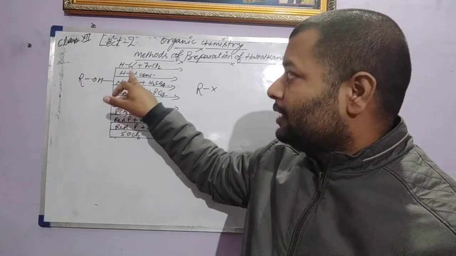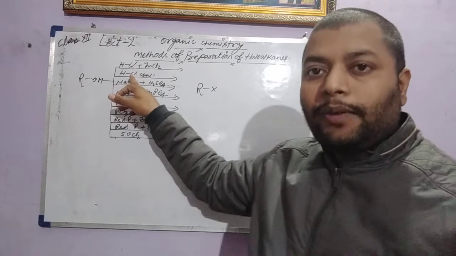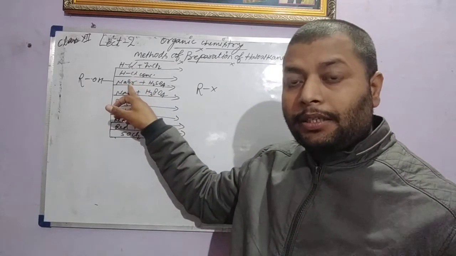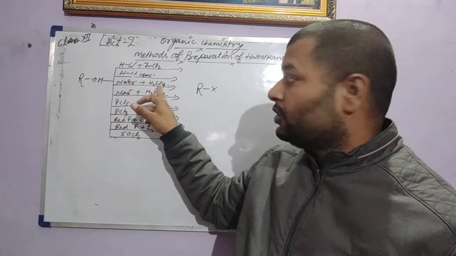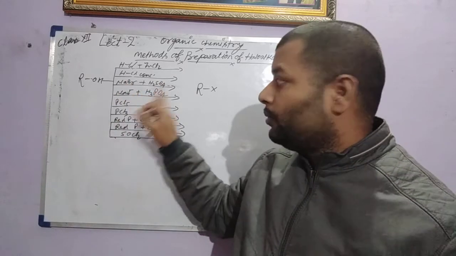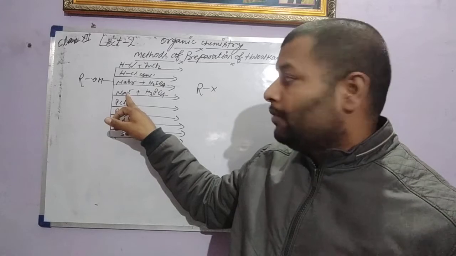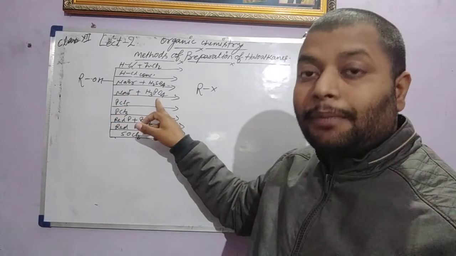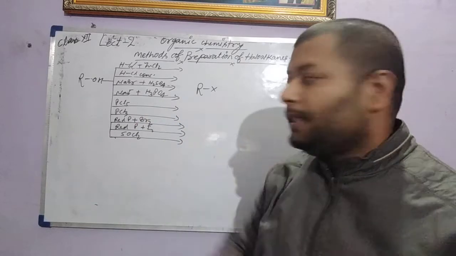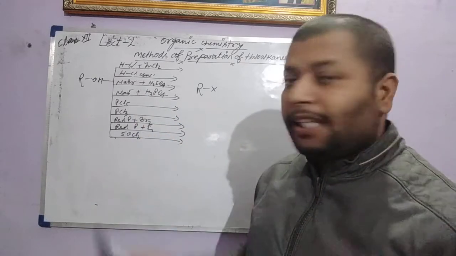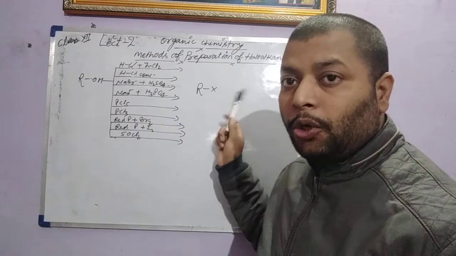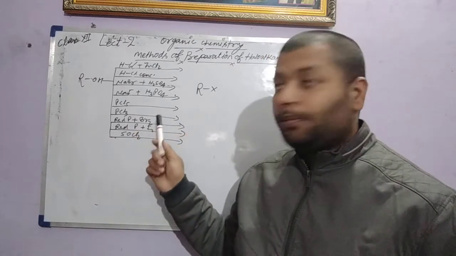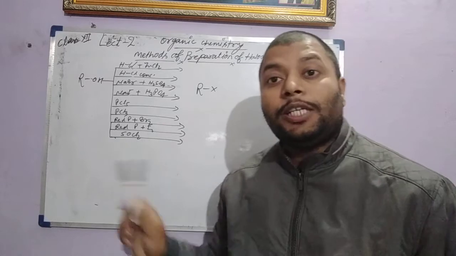If the alcohol is tertiary, you can take concentrated HCl directly. For HBr, you can use NaBr with H2SO4 or KBr with H2SO4. For HI, you can take NaI or KI with phosphoric acid, because of the oxidizing property of sulfuric acid. PCl5 and PCl3 are for chloroalkane. For bromoalkane and iodoalkane, you can take red phosphorus with bromine, red phosphorus with iodine, and SOCl2 also.